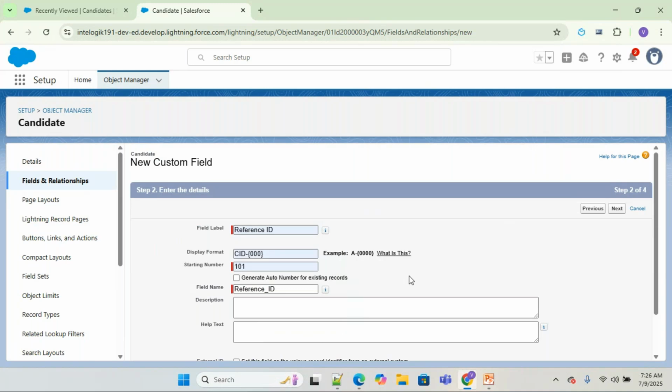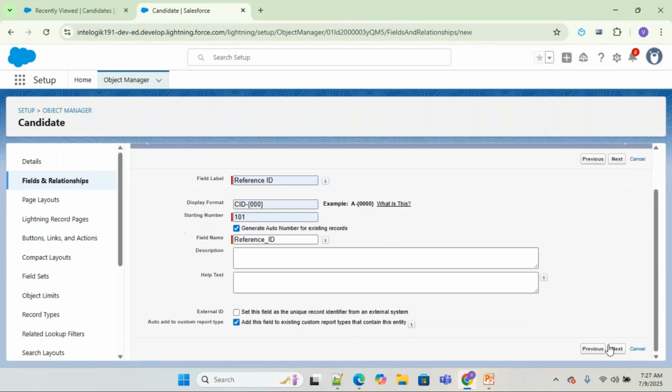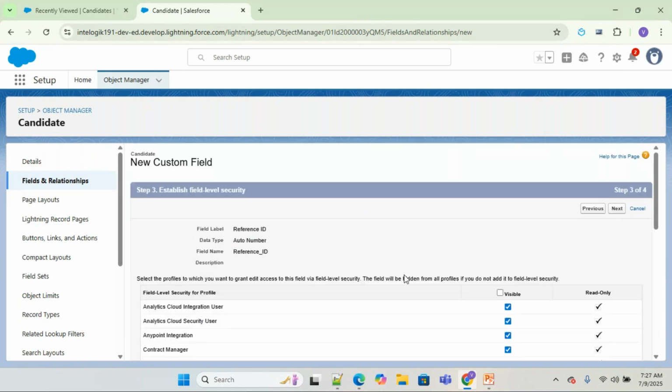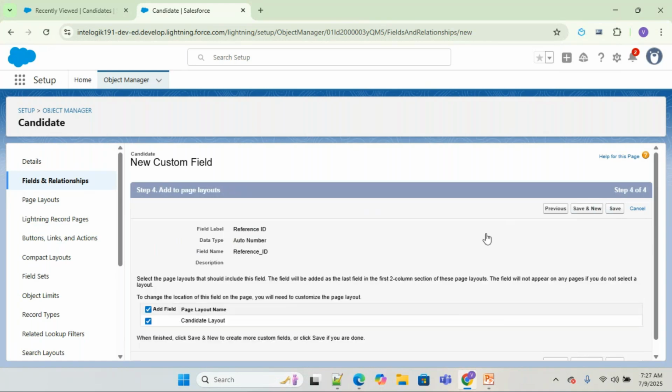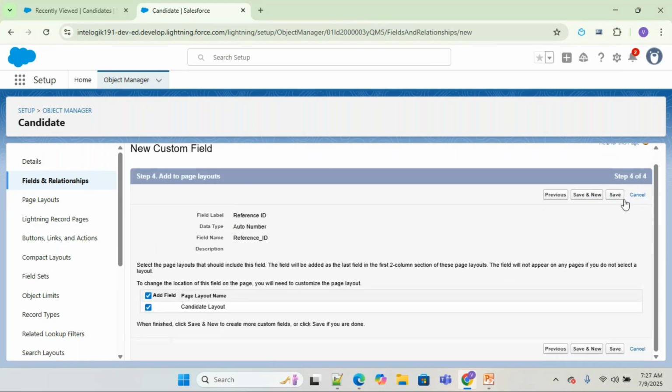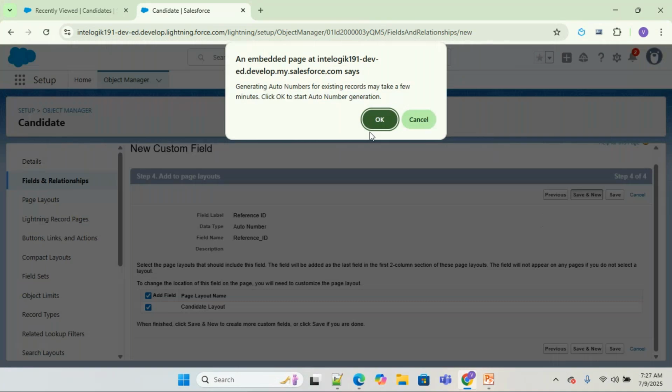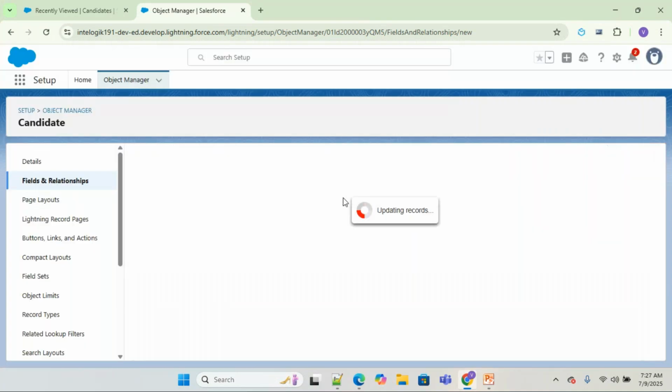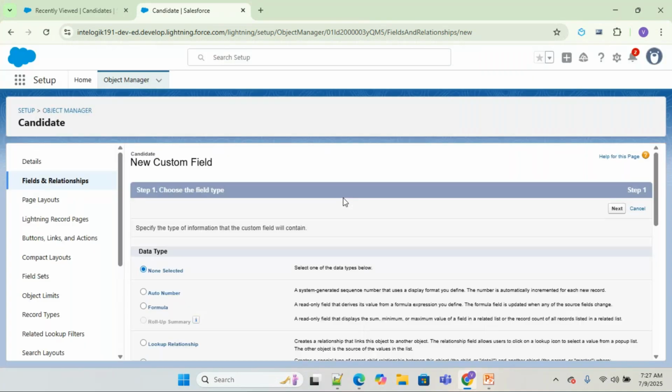And yes, it's possible that we will be able to generate auto number for existing records. Enable this, go to next, and go to next, and then click on save and new. And once we are done with that,